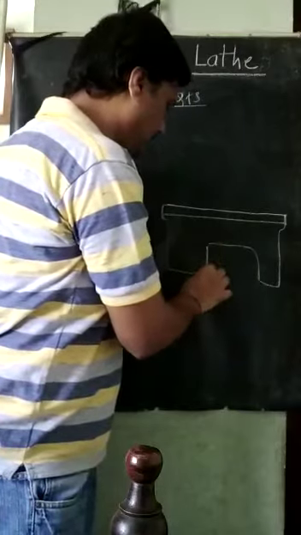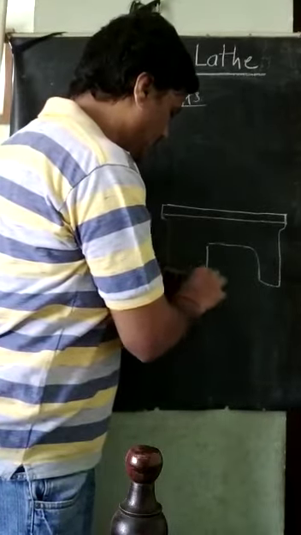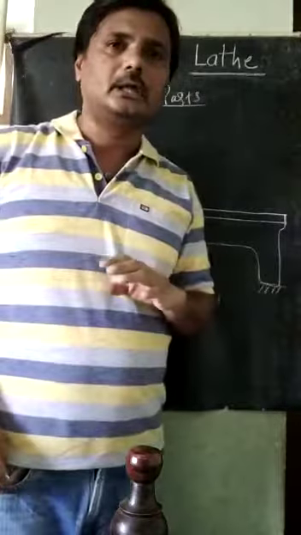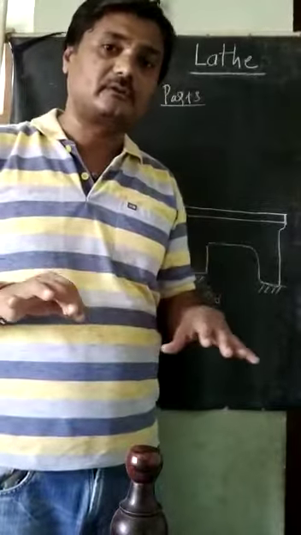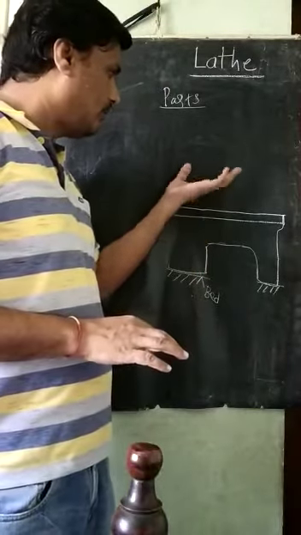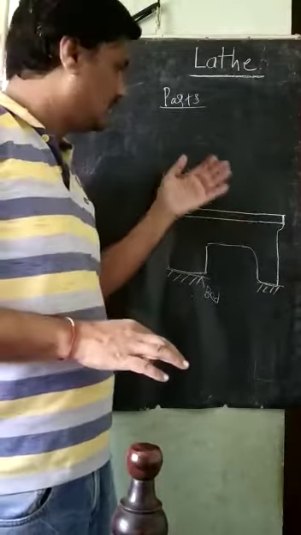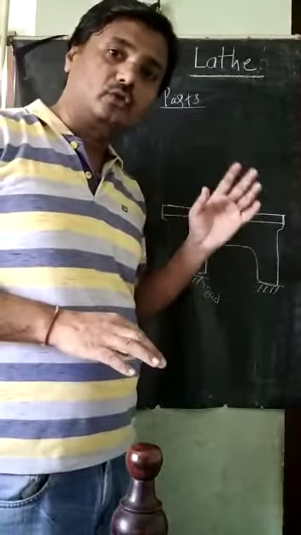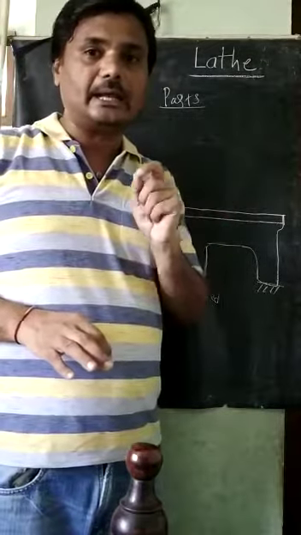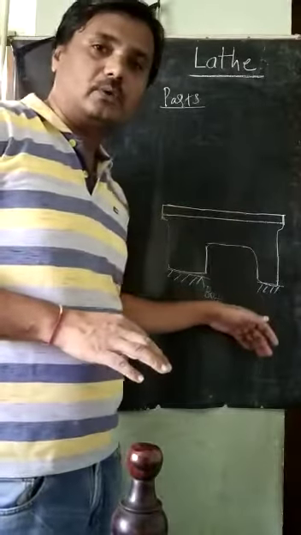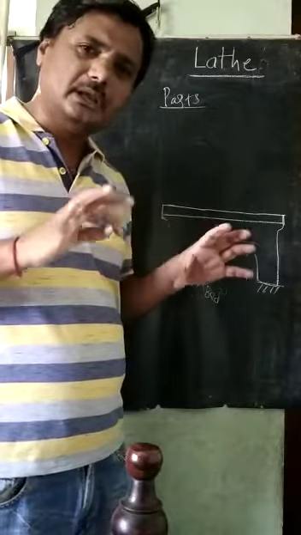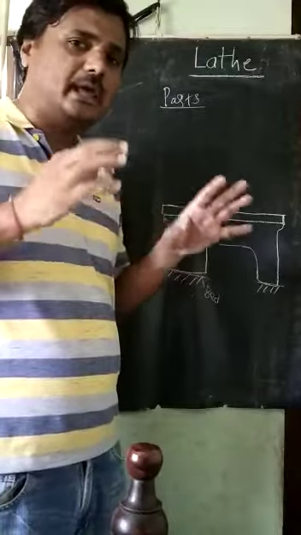So this is called the bed. It is fixed, or it is totally taken on a foundation on the surface of the floor, on the ground itself, and it will give support to the other parts of this total machine. Also, the vibrations generated during cutting will be transferred to the ground. So those are the functions of the bed. It is made up of a rugged material, usually cast iron. It is very heavy.